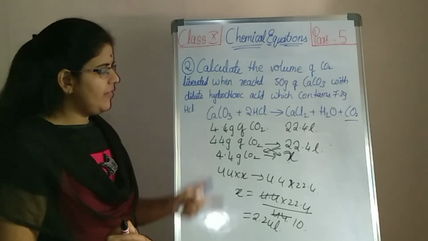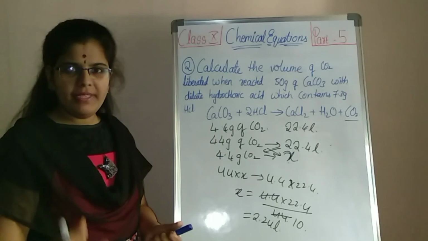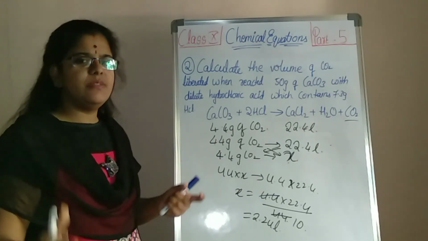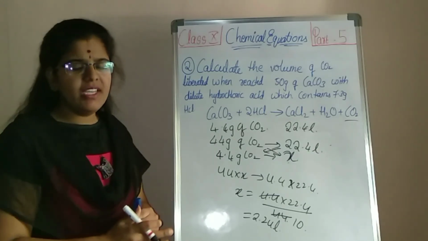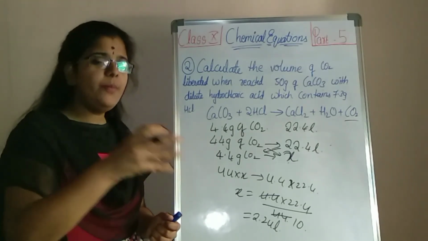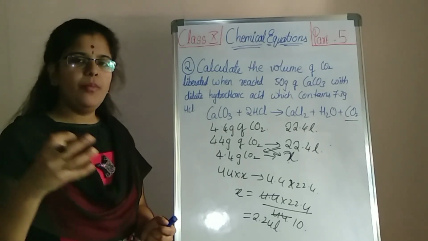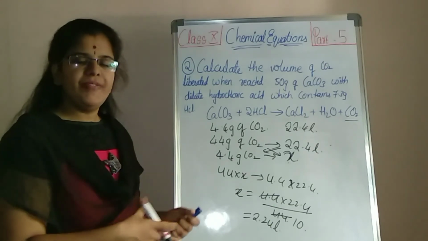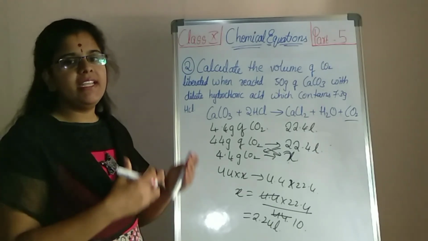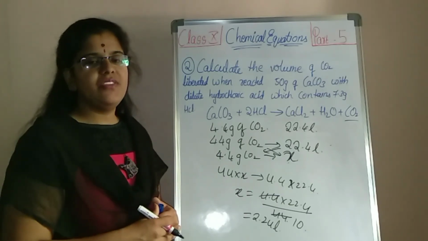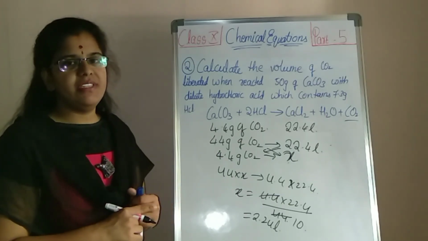Okay, so here we have got a very simple method. Sometimes they will be mixing all the contents, that is mass, volume, moles, everything, and giving them like this. But sometimes they will be asking only about volume, or only about mass, or only about moles. So like that they will be giving different things. So I hope everyone has understood how to calculate, and that the weight of the reactants will be equal to the weight of the products.